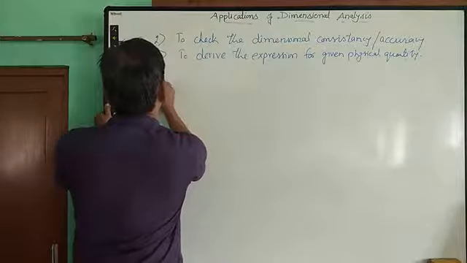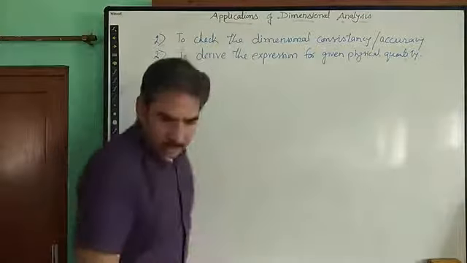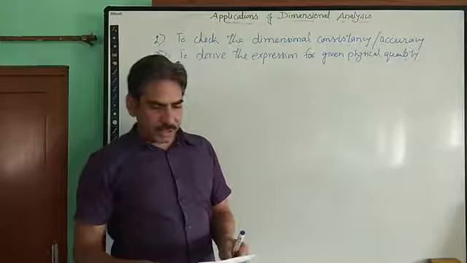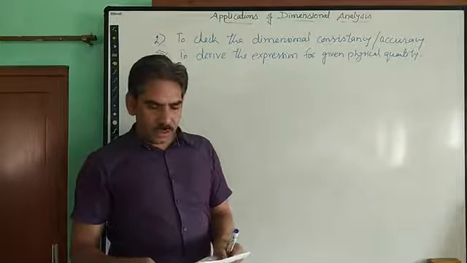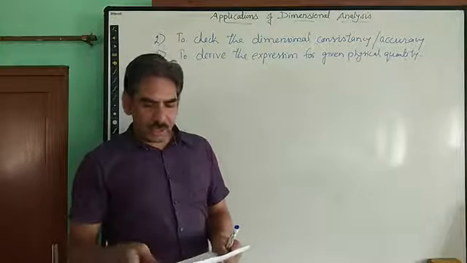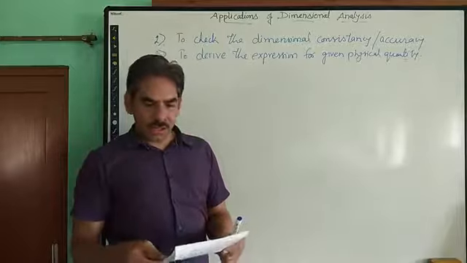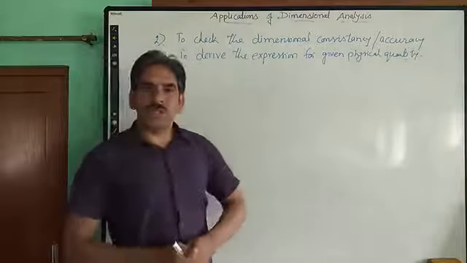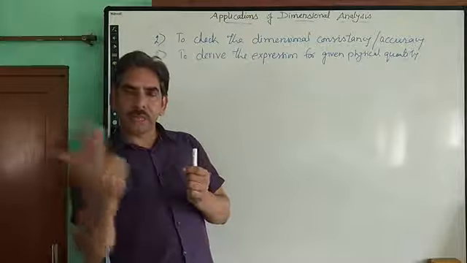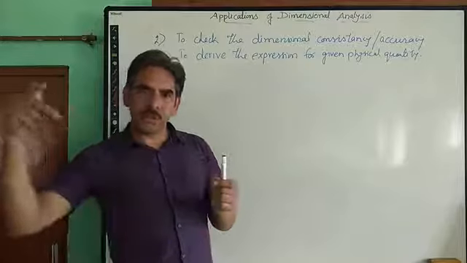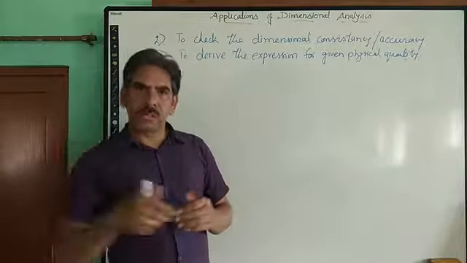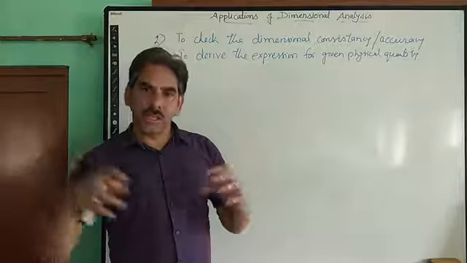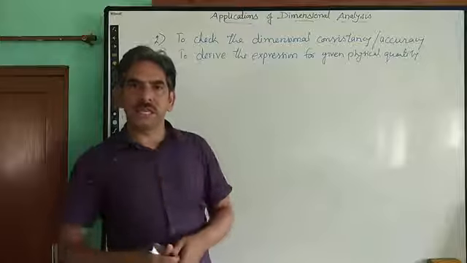Just as in this question, we are asked to derive the expression for the centripetal force F, which depends upon the mass m, velocity v and radius r. Centripetal force is the force which acts towards the center whenever an object moves in a circular path. That force always keeps the object bound towards the center, right? So the force directed towards the center of a uniform circular motion is called a centripetal force.